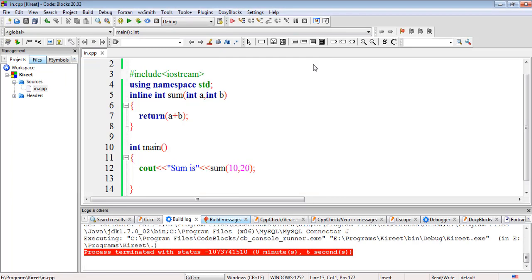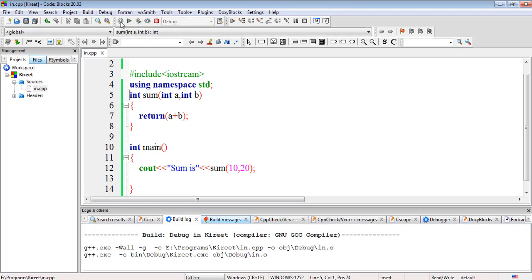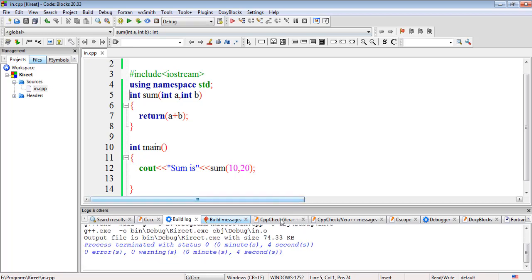So in this way we can just implement it. If we just make this function as a normal function, there will be no change in the output. The output will be same. But here you can see the executable size is small.